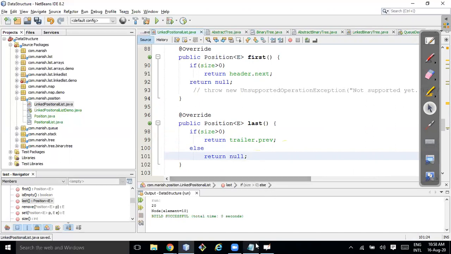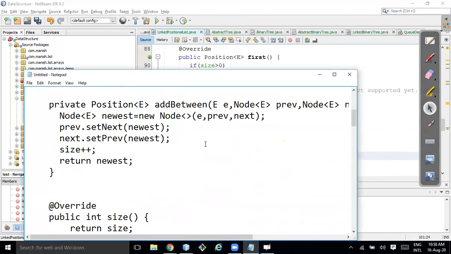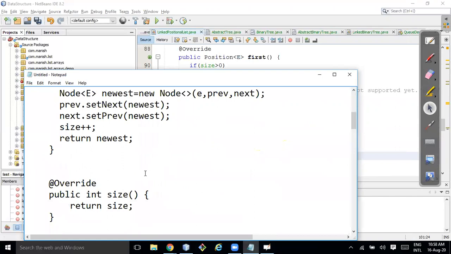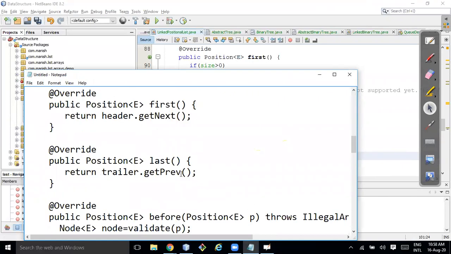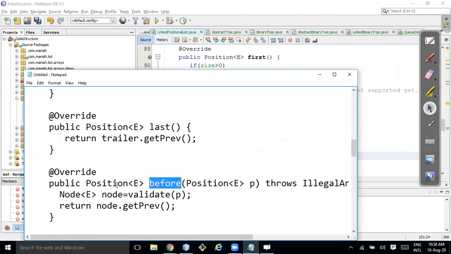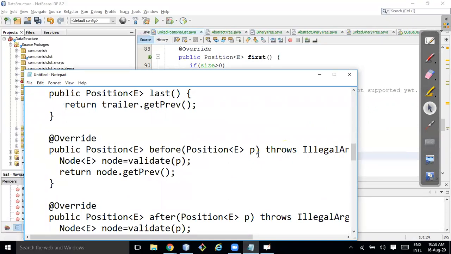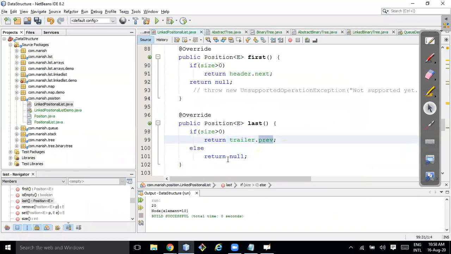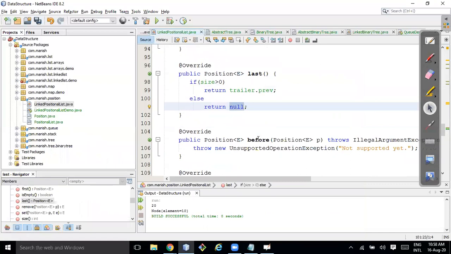Let me check once again how I did it earlier: size, isEmpty, first, last, header dot getFirst, header dot getNext, header dot getPrevious. It's fine. So that's the valid condition actually. I should check it.